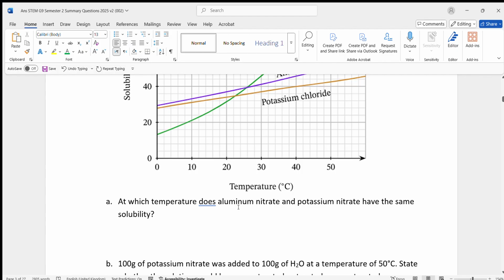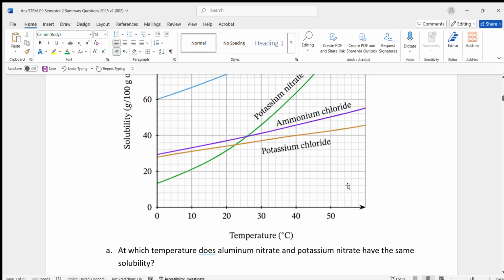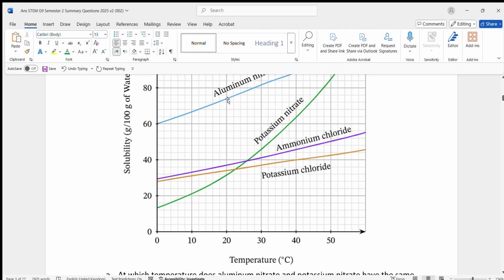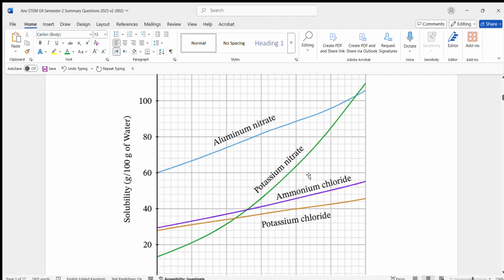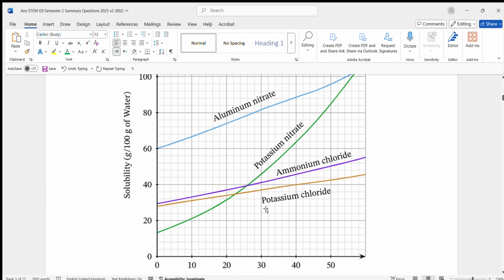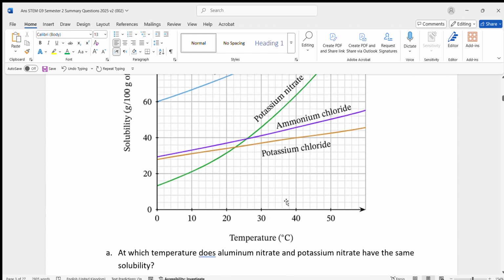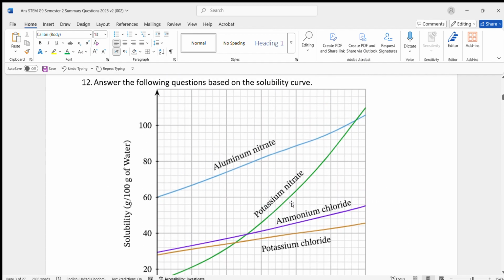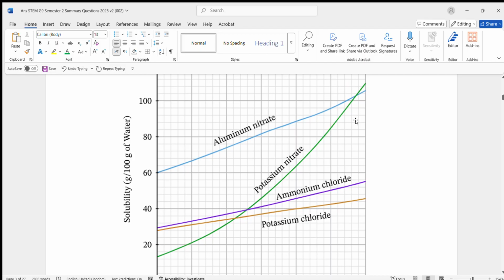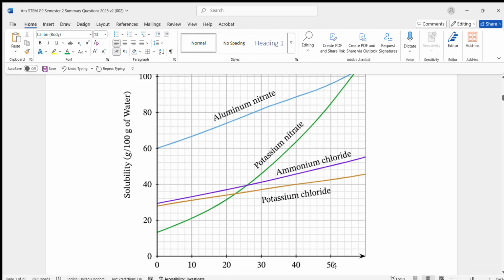You need to see which point is the same solubility on the graph. Look at aluminum nitrate and potassium nitrate, the brown line and the blue line, and where they meet each other is roughly 55, because each square is 2, so roughly 55